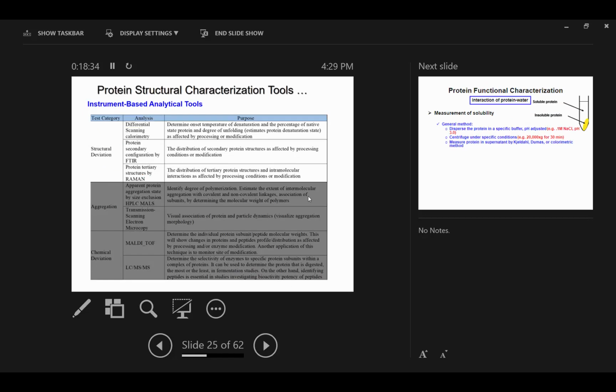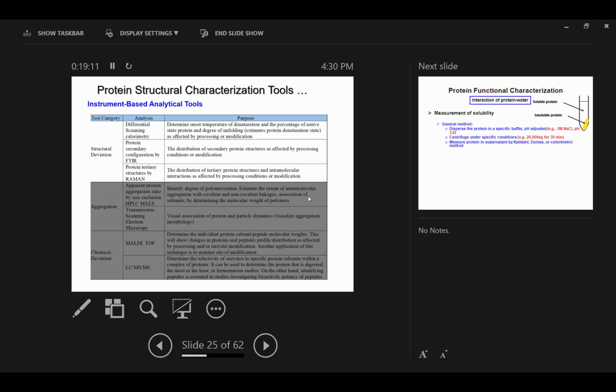Okay, other forms of instrument-based analytical tools. So we talked about structural deviation, meaning looking at structural changes: DSC, FTIR, or Raman. But when we're looking at aggregation, other than gel electrophoresis, you can do size exclusion HPLC and MALS. MALS stands for multi-angle light scattering. Light scattering is a universal detector, a very powerful detector in terms of